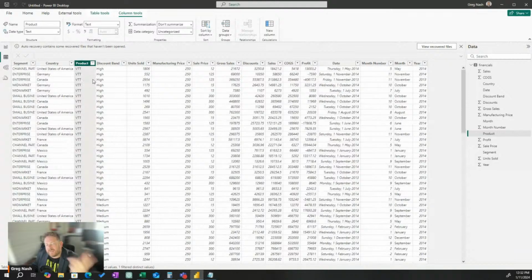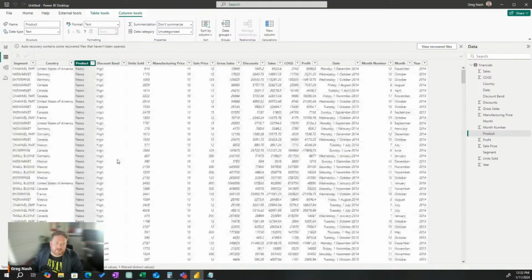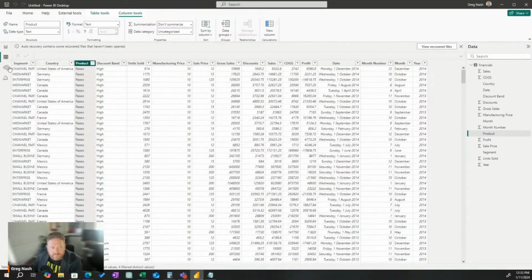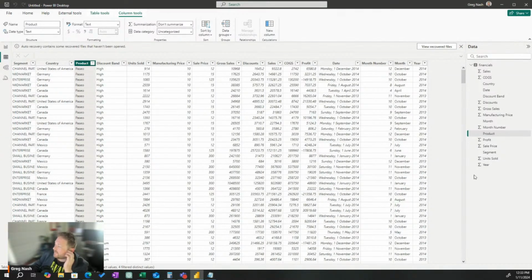If I do that in Power Query, it'll create a filter, and then I won't be able to see it in my other data when it gets loaded. If I do it here, nothing happens. This has no impact on the data itself. This is a way for you to explore your data and see what it looks like. So you can see Montana doesn't exist here anymore. That's because we filtered them out because we don't care. We didn't care about Montana.